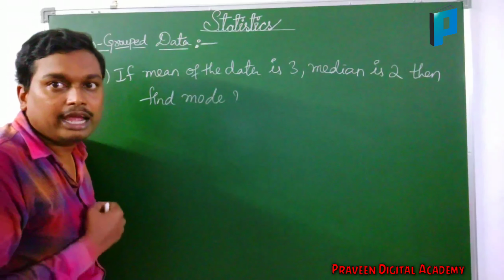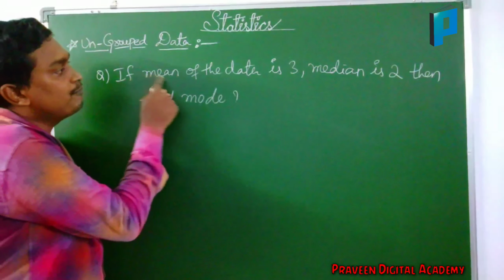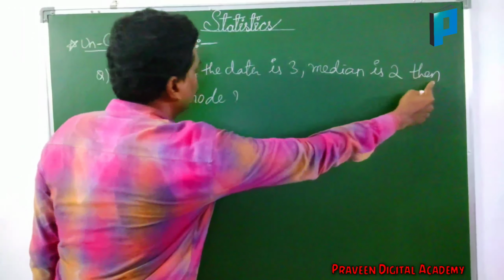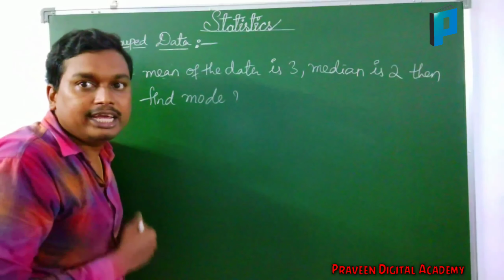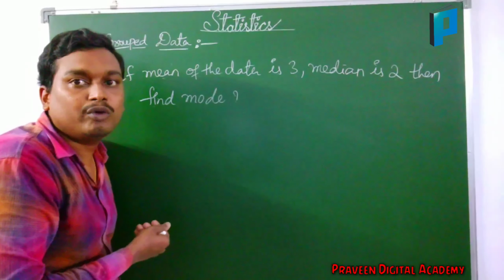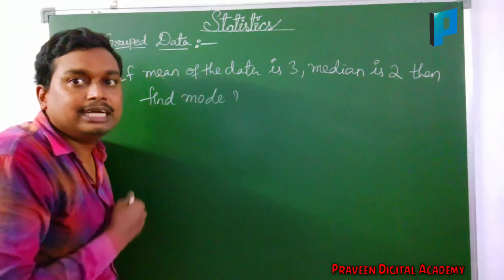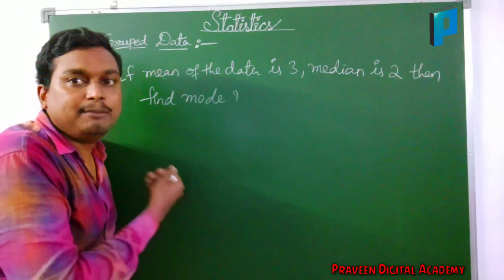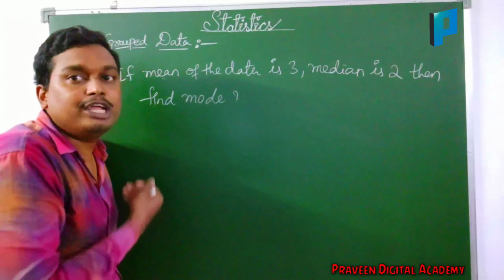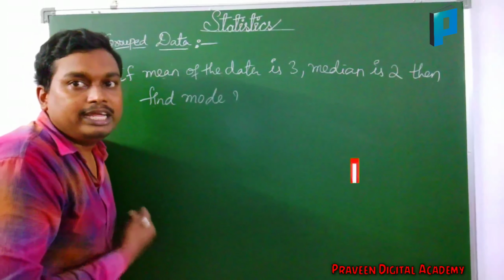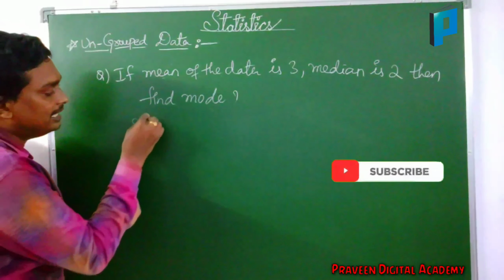If we are having a question like this, if mean of the data is 3, median is 2, then find mode. Here they given mean and median. We have to find out the mode. At that time we are having a relation between mean, median and mode. If we use that relation, we can find out mode very easily. And the relation is